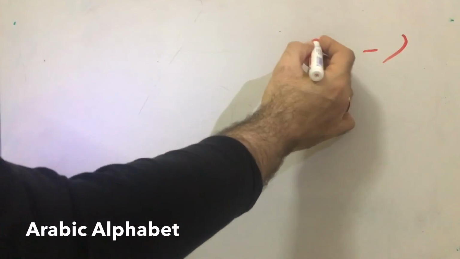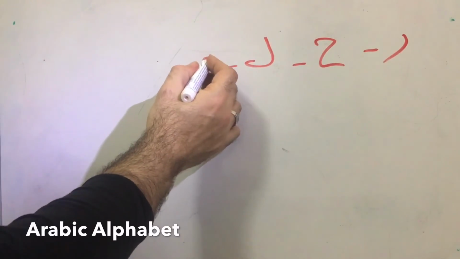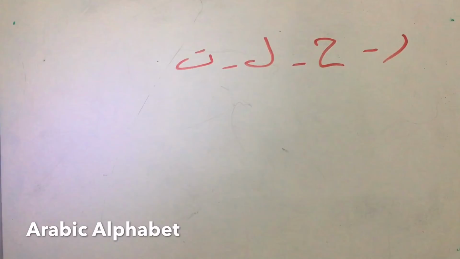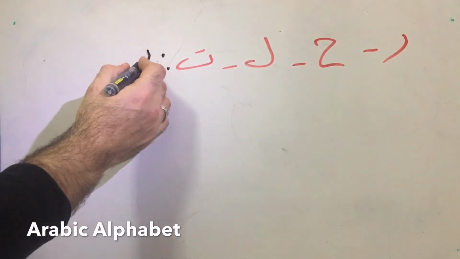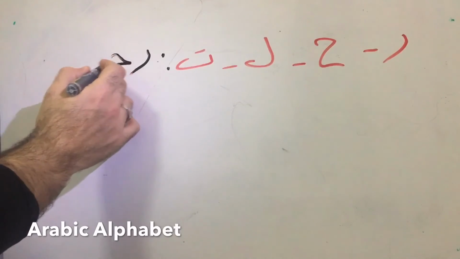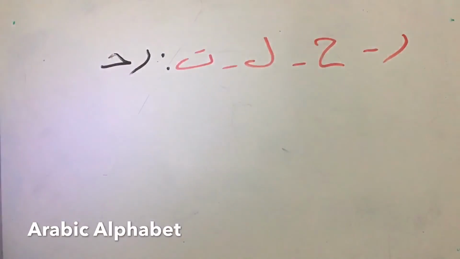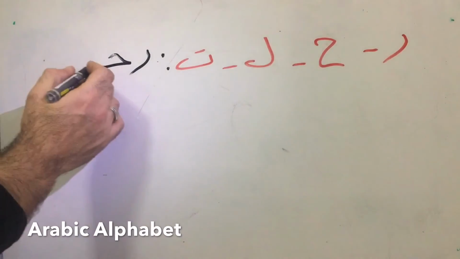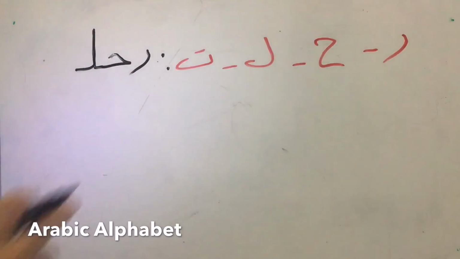Now, after we had the 28 letters of the Arabic alphabet, let us do some exercises about how to join letters and form words. If we take letters like Ra, Ha, Lam, Ta, and we want to join them together to form a word. Ra at the beginning of the word is like this. Ha at the middle of the word, if it is separated from the letter before, it is like this. Lam, if it is joined with the letter before and the letter after, it is like this. Ta at the end of the word